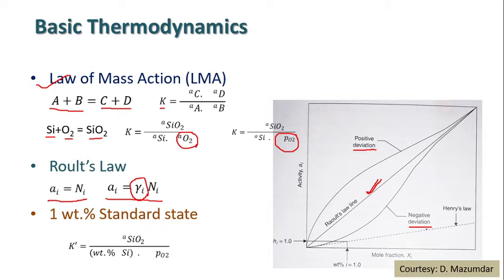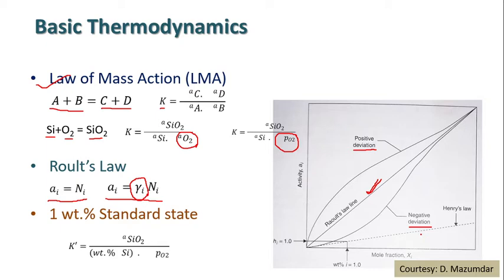Activities in slag systems employ the conventional standard state as reference, but it is not possible to plot a figure like this because slag is not a binary solution. Slag may have various oxides of metals like FeO, MnO, SiO2, Al2O3, P2O5, CaO, MgO, all of these can be present. So we cannot draw a simple figure like this.